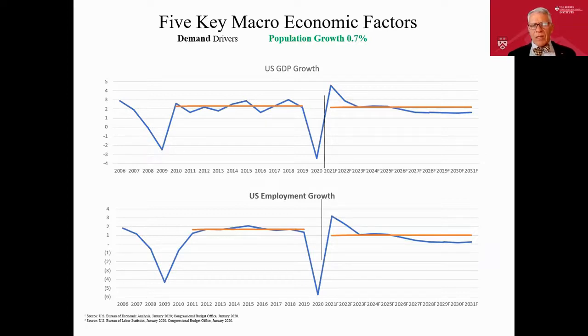But really the number one and key thing to look at is employment growth, because every time someone's employed, they got to work someplace. And even if they're working at home, they are then on a computer, and you need a server hotel that is handling their internet activity and storage goods and all that kind of stuff. So you can see the two recessions with employment going negative during the Great Recession and the COVID recession. You see that employment growth averaged right around 2% over the past 10 decades and is expected to be a little lower than that, more like 1% over the next decade.